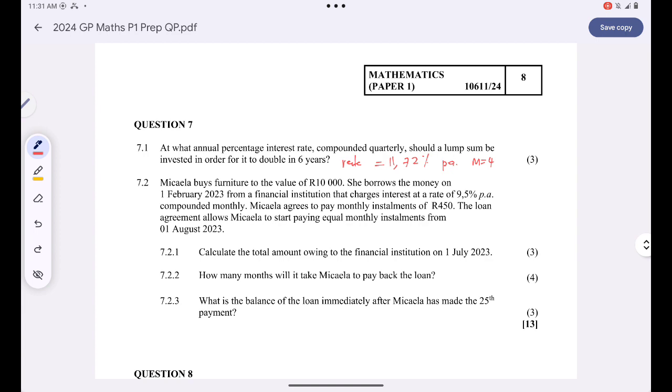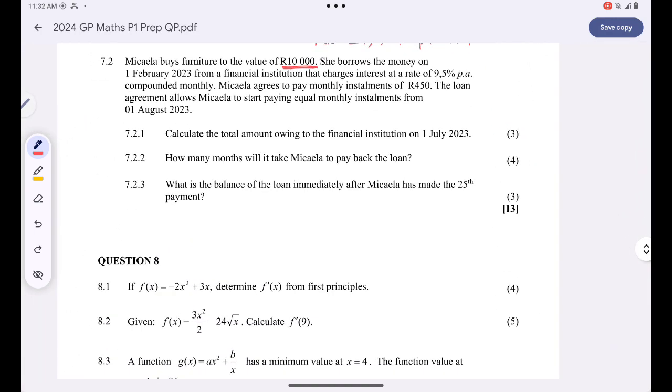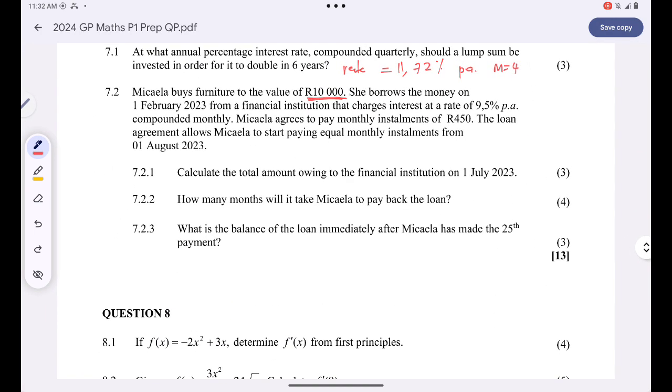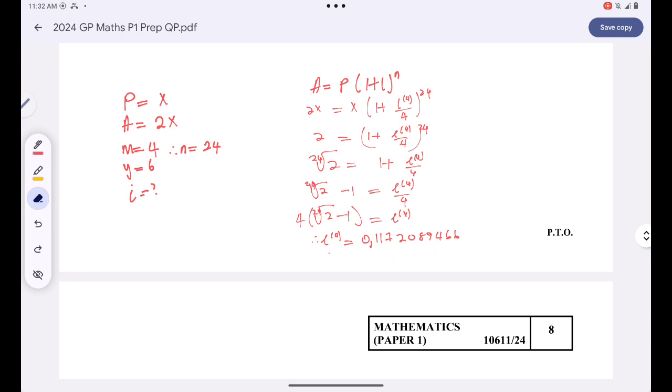And in those 5 months, guys, please do not think that Michaela is still owing 10,000. Michaela is no longer owing 10,000. However, Michaela is owing an amount that has accumulated interest. First question, they want us to calculate the total amount owing to the financial institution on the 1st of July 2023. On the 1st of July 2023, the amount owing